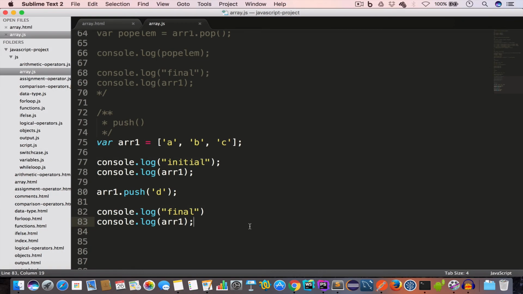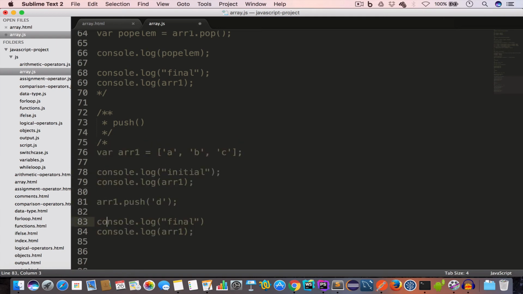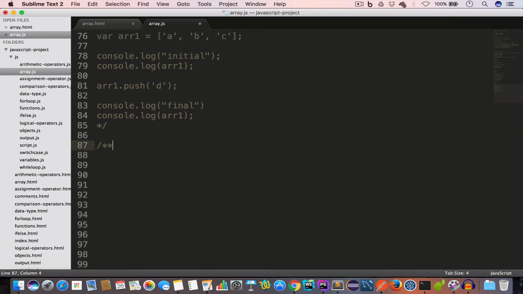The next method that we'll discuss is the indexOf method, and we use the indexOf method to find whether an element is present in an array. If the element is present, we get the index of that element, and in case that element is not present in that array, we get -1. So let us go ahead and comment this, and we'll now talk about